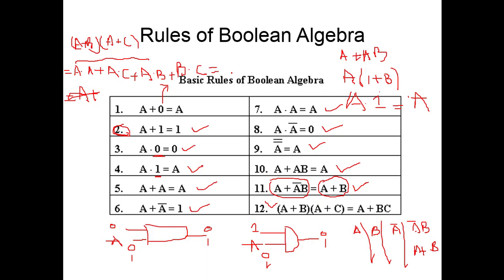Let me write it over here. If we take A common, then you have A times (1 plus C plus B) plus BC. So this quantity is equal to 1, because when we take a logical OR of 1 with any other variable, the result is always equal to 1. So this term reduces to A plus BC. So this is how you verify these things.